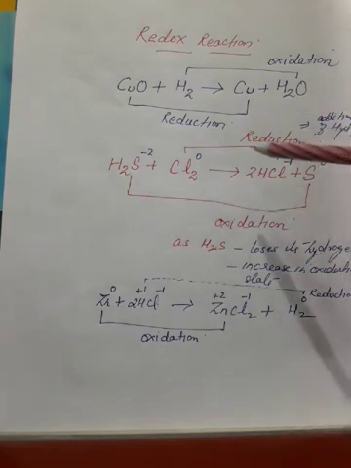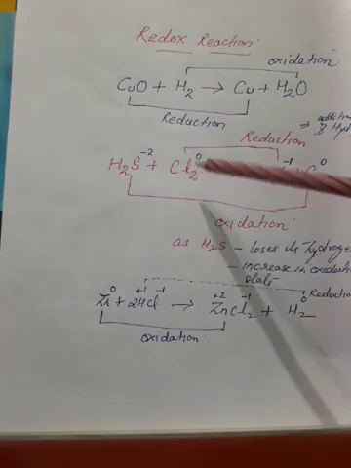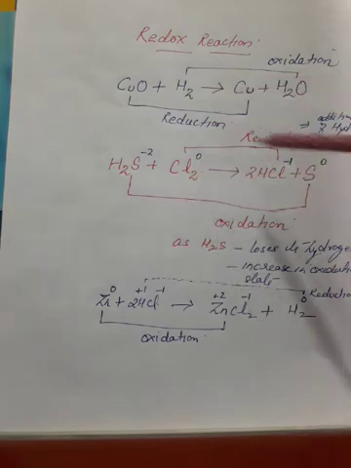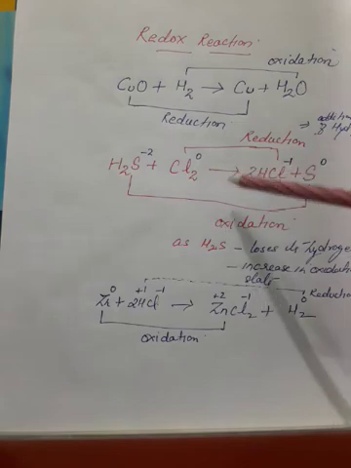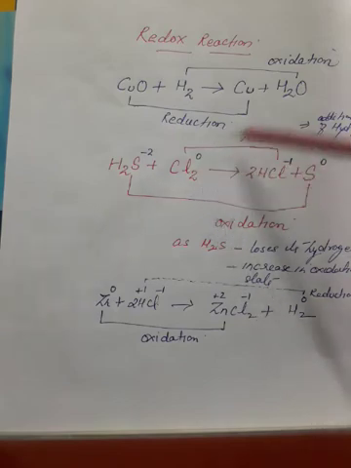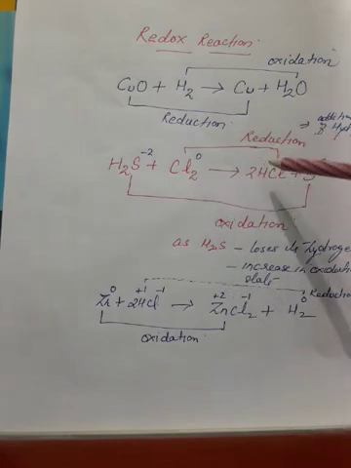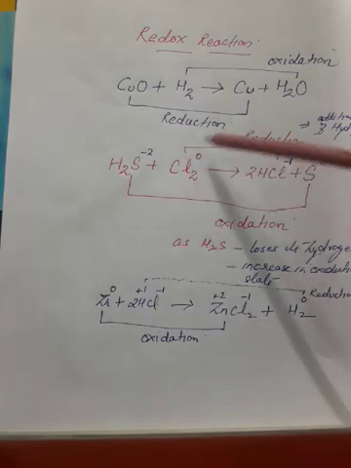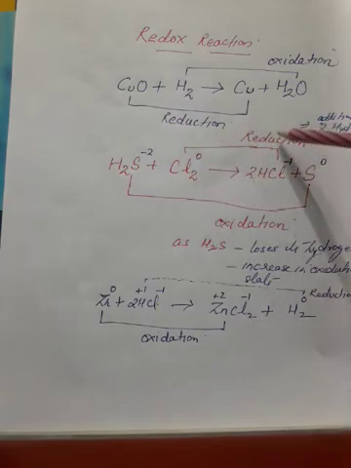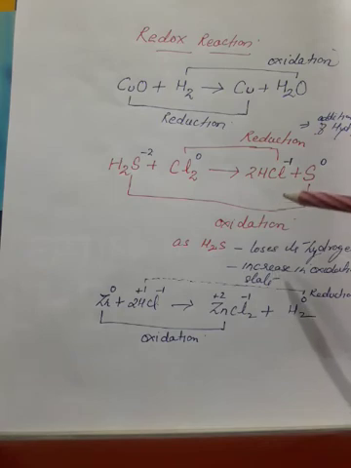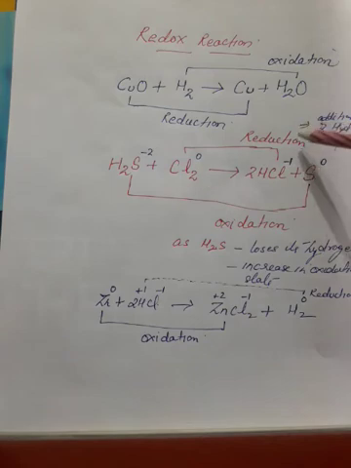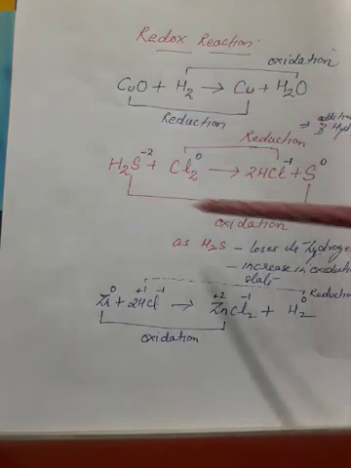Then at the same time chlorine will convert into hydrogen chloride. What changes are taking place here? Hydrogen is added to chlorine. Addition of hydrogen is known as reduction. So chlorine changes to hydrogen chloride due to addition of hydrogen. So this reaction is known as a reduction reaction. So here also two reactions are taking place, oxidation as well as reduction. Okay, clear this one? I think you try to understand this.